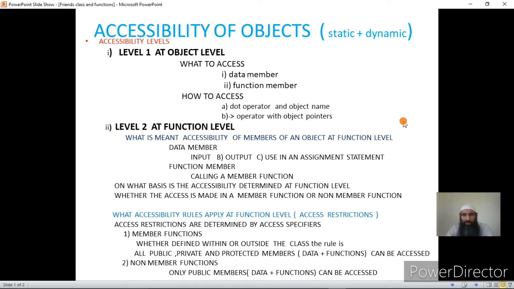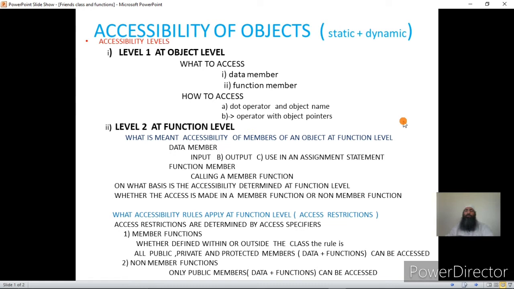You need not pass that object as an argument, but that object becomes the implied argument. I have already discussed implied arguments. That is how the objects become implied arguments once they are used to make a function call.